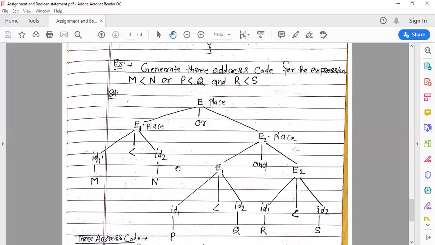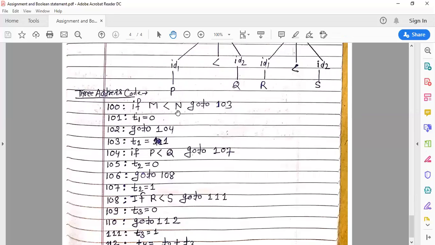If m less than n, go to 103, meaning if this condition is true, then our control jumps to 103. So at 103, T1 is equal to 1. If this condition is false, then control goes to T1 is equal to 0. So T1 is equal to 1 if this condition is true. And next statement: if P less than Q, go to 107.